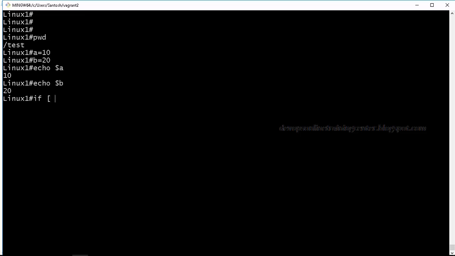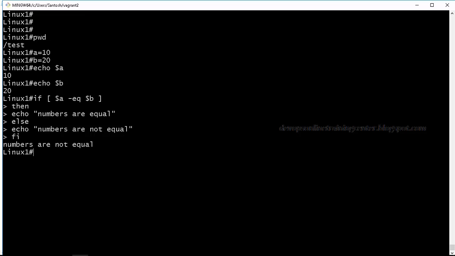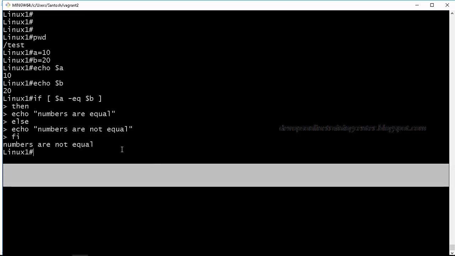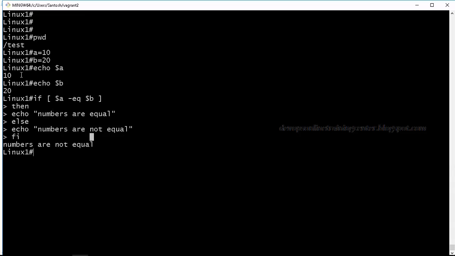So if $A -eq $B, then echo numbers are equal, else echo numbers are not equal. Fi. So the output is numbers are not equal because A is given as 10, B is given as 20.